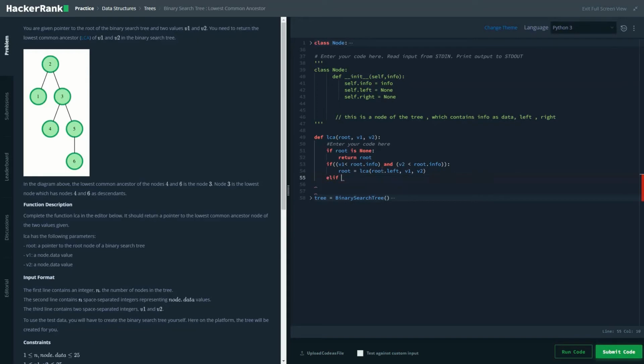If v1 is greater than root.info and v2 is also greater than root.info, root would become root.right in the recursive algorithm. You know the binary search tree, so the larger value goes on the right side and the smaller values go on the left side. Here, applying the similar principle, LCA of root.right with v1, v2. And the third condition is